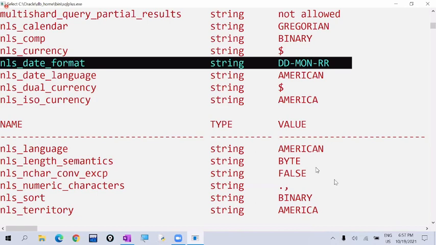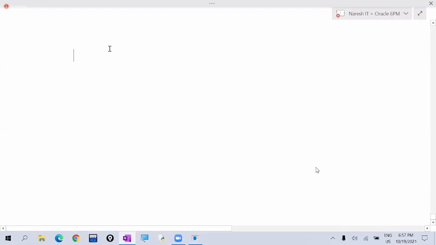Let me explain. DD means date, 2 digits. MON means month name, 3 characters. You already know that. What is the meaning of RR? RR means it divides a century into 2 parts.